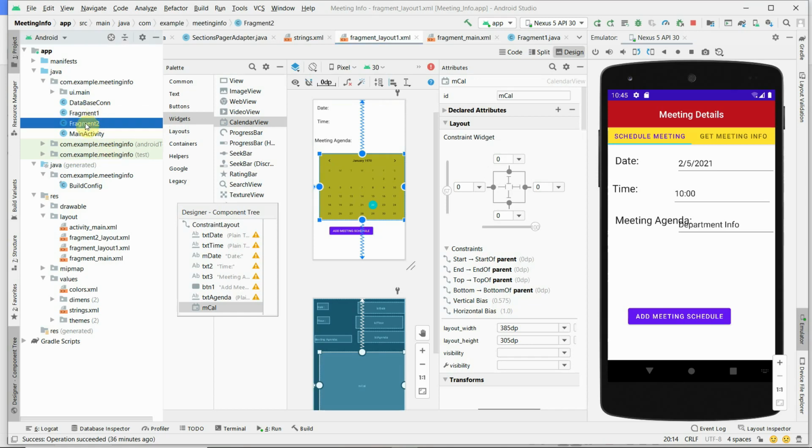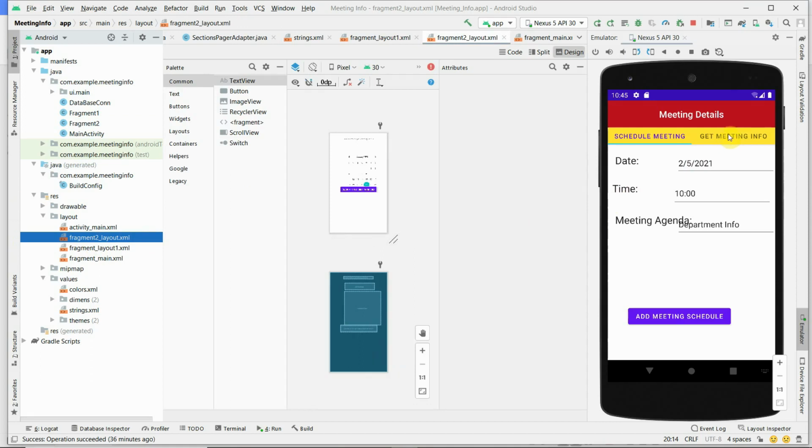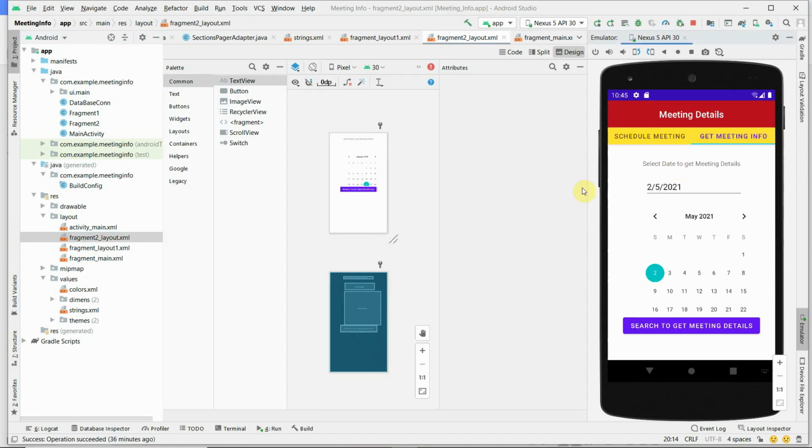In the fragment 2, you should design interface for get meeting info in this way.